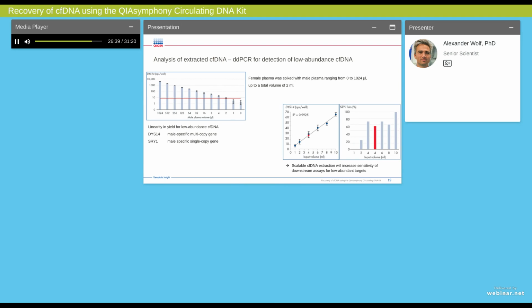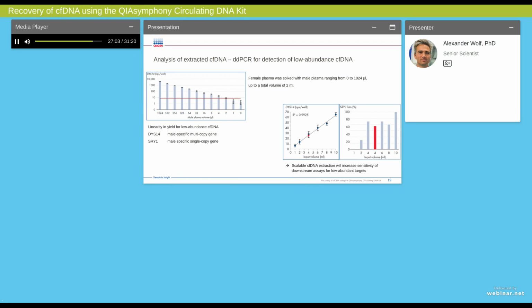Compared to the previous slide, which focused on the total cell-free DNA yield, these data shall give you an example of how to evaluate the extraction performance for low abundance genes. This aspect is most important because usually users are rather interested in the target cell-free DNA, that means the fetal or mutant biomarkers, which are present in only low ratios in the background of cell-free DNA of a few percent or